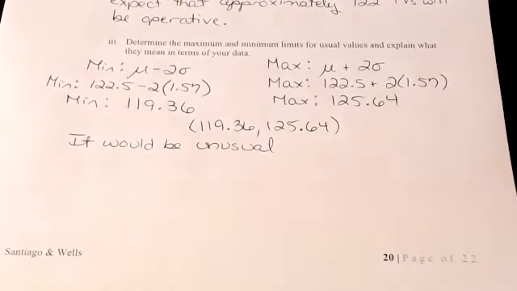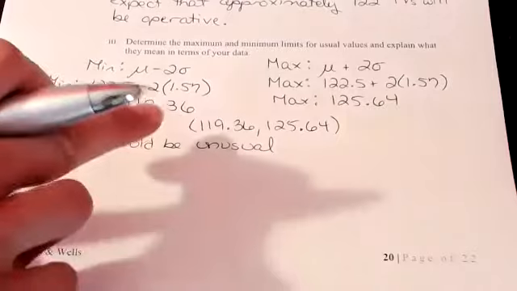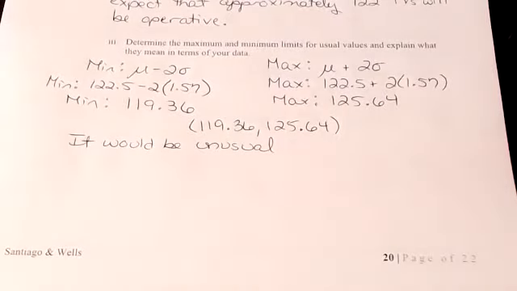Sometimes I like talking about unusual versus usual. In this case, I'm going to talk about unusual so that we can refer to the number of TVs that would be inoperative or malfunctioning that is either below this value or higher than the max value. So here's what I mean. So it would be unusual to have less than